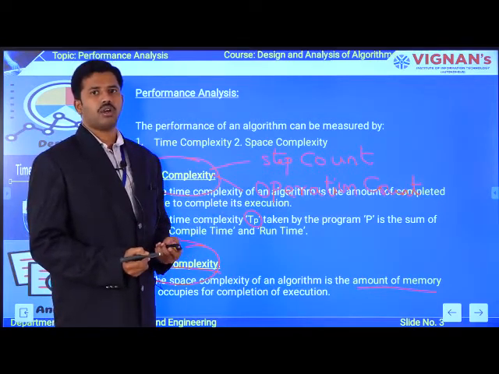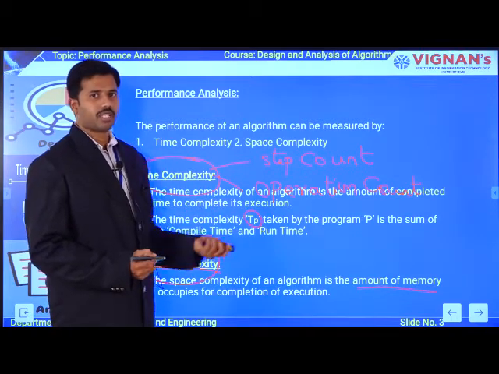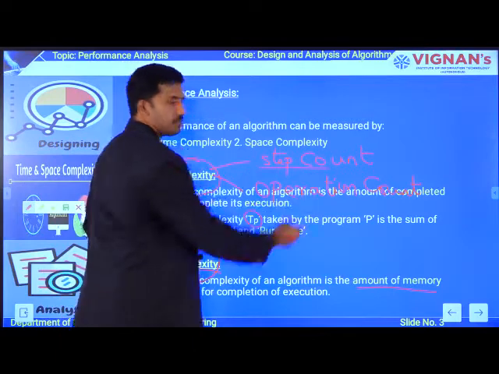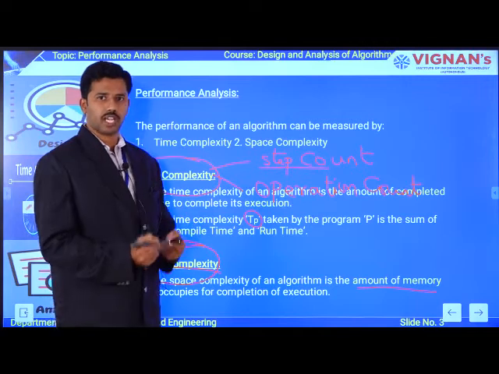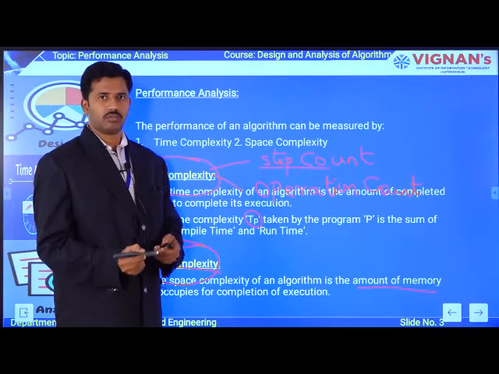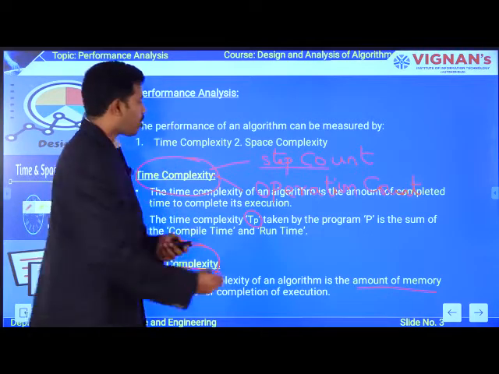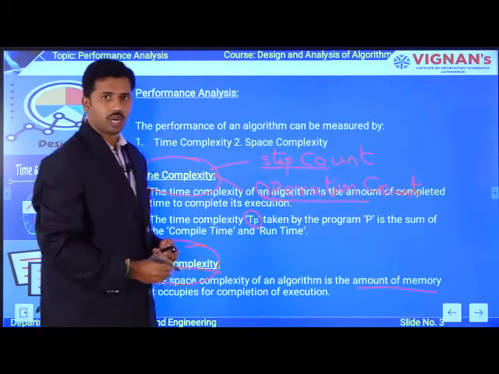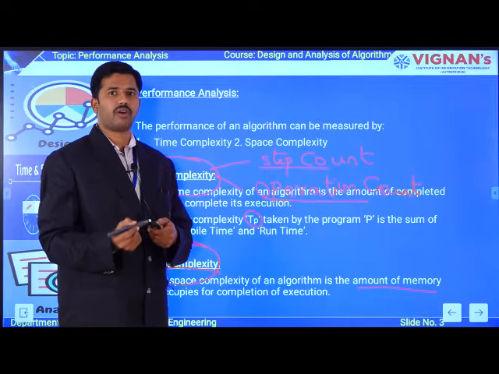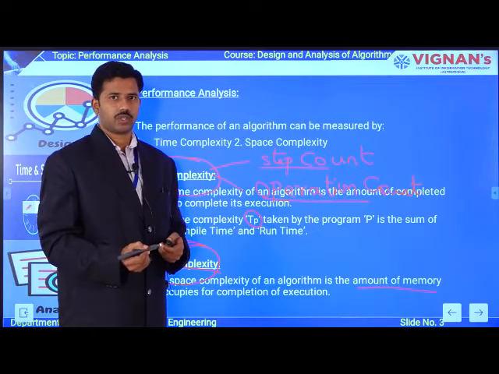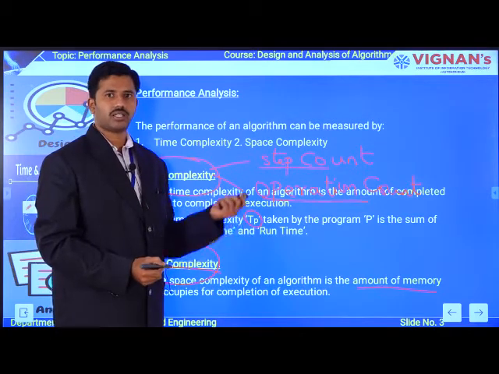Now let us focus on what is meant by the step count method, okay? The operation of the step count method is available in the name itself. What is the name of this method? Step count. You are counting the number of steps available in your algorithm to measure its performance, okay? Now coming to the second method, operation count. In this method, you are measuring the number of operations available in your algorithm to get the time complexity. So likewise, you have two methods available: the step count method as well as operation count.